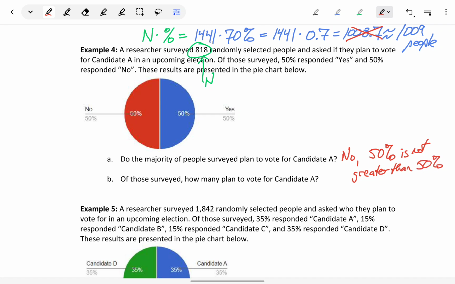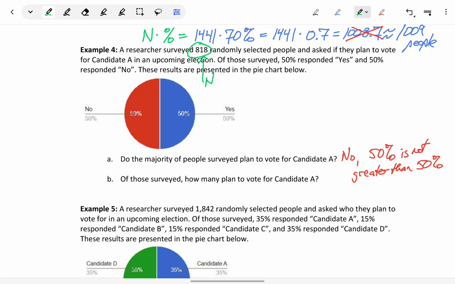That's a little bit of a redundant statement, but just to emphasize that idea. In this case, it was evenly split. In order to have a majority, we would have to have some percentage larger than 50%, even if it was 50.1%, something a little bit larger than 50%. In this case, we have an even split, so no, we don't have the majority planning to vote for candidate